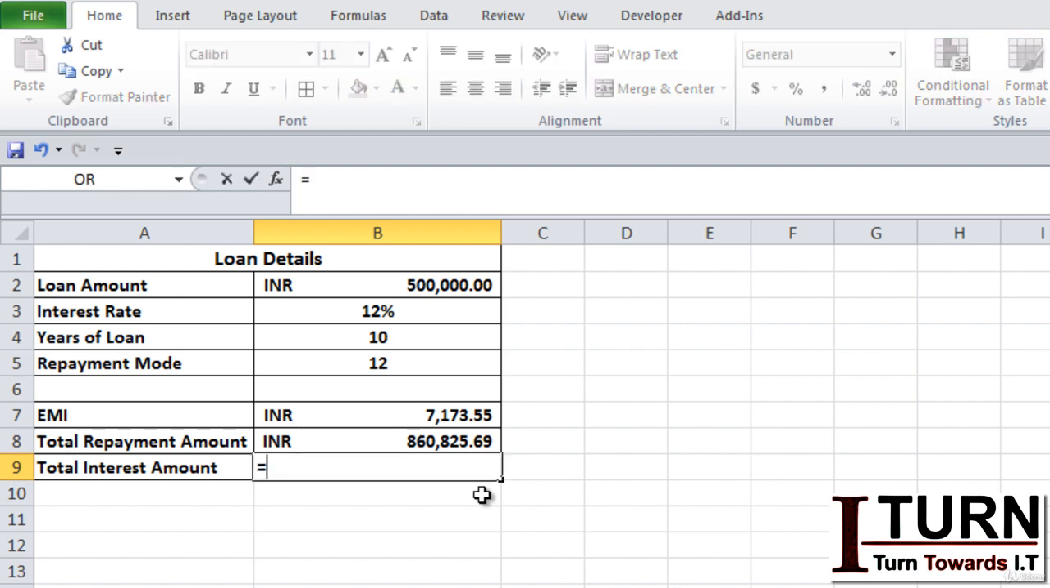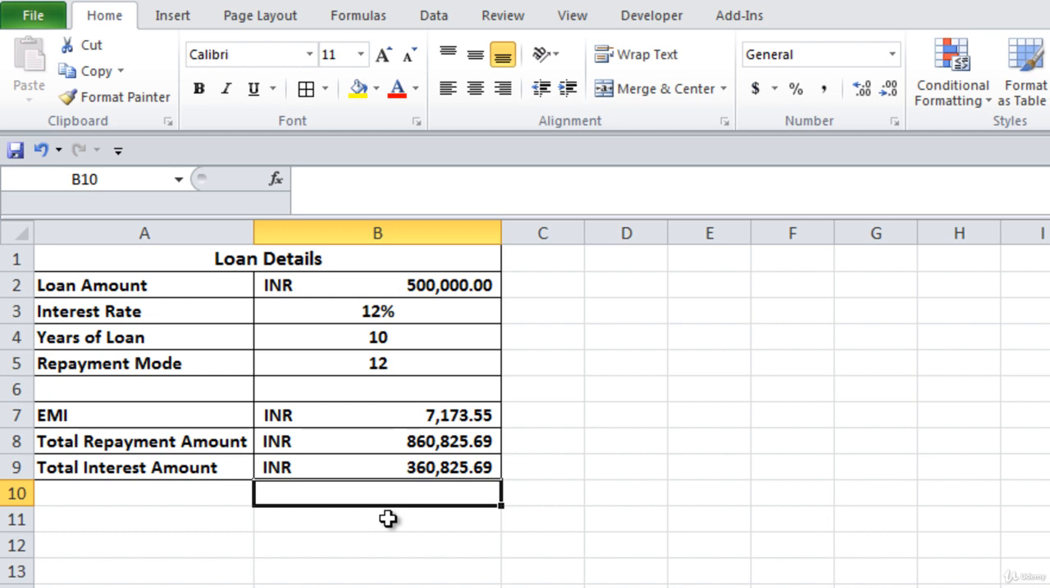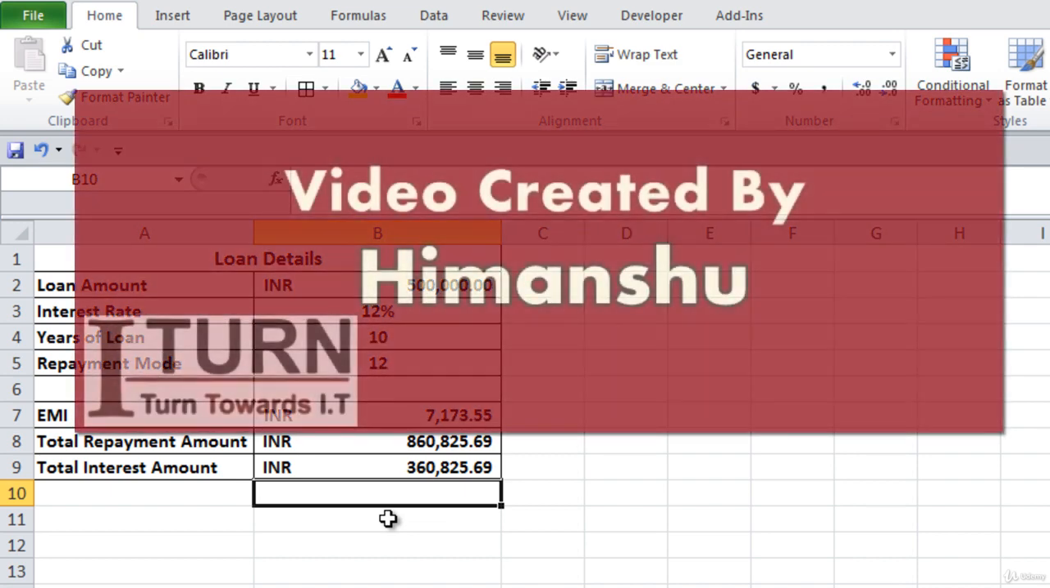Very simple, equal to, this is the total amount minus the principal amount, and this is going to be the interest amount. So this is how we can create an EMI calculator on reducing rate of interest by applying the PMT function. On this basis, in the next video we are going to understand how we can make a